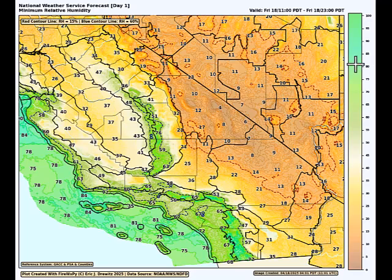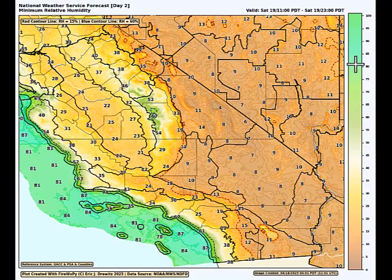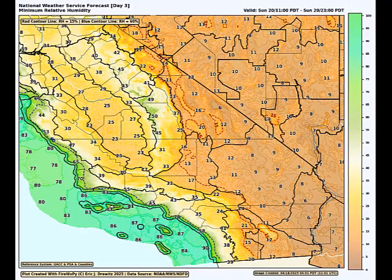Then as we get into tomorrow is supposed to be the driest day. Over the next few days, the minimum RHs will then decrease into that 20 to 40% range for areas west of the mountains. And in the deserts, we're expecting minimum RHs in that 5 to 15% range. But then as we get into Sunday, things will start to creep back up again. Where we'll still be in that 20 to 40% range west of the mountains, but much higher along the coasts,